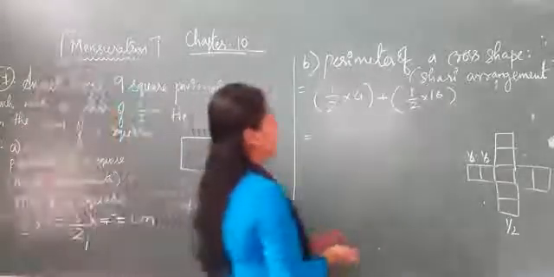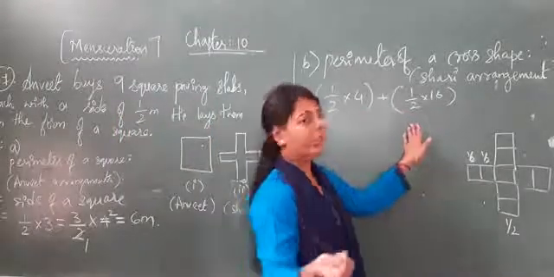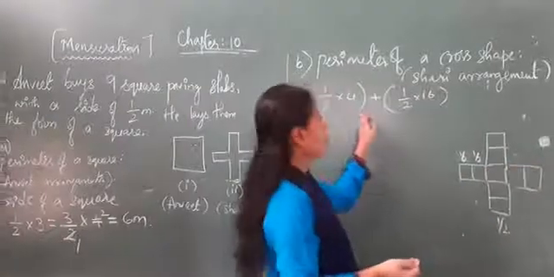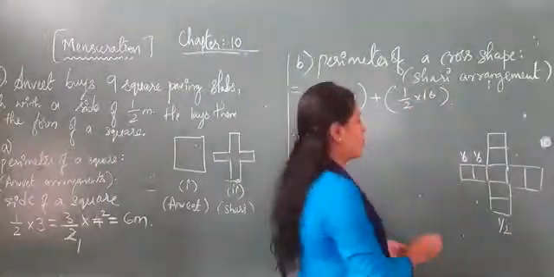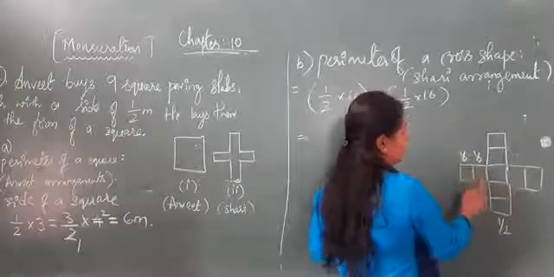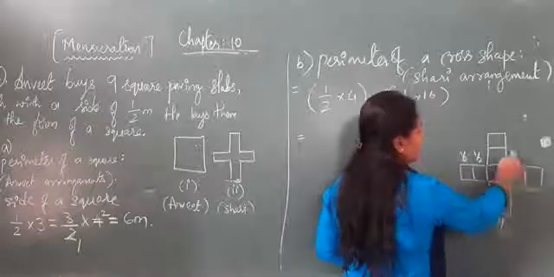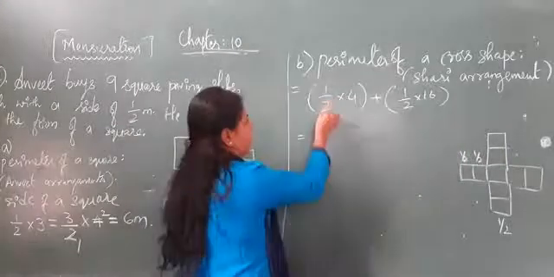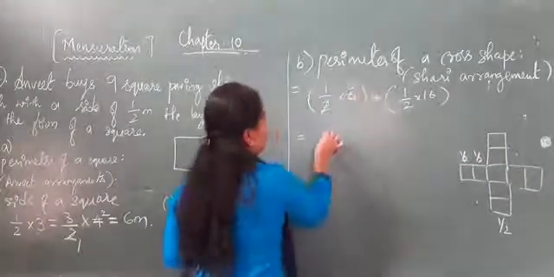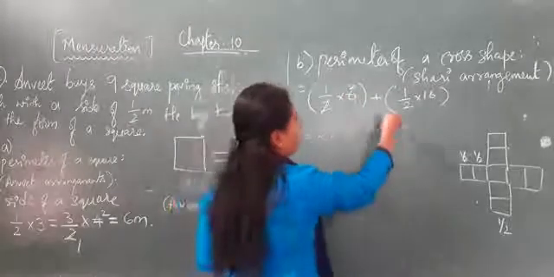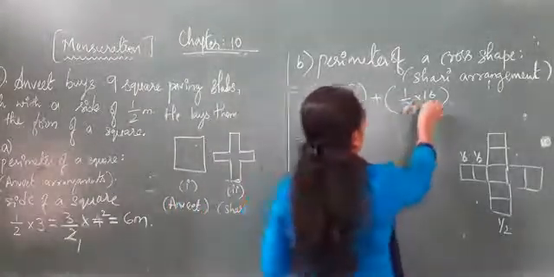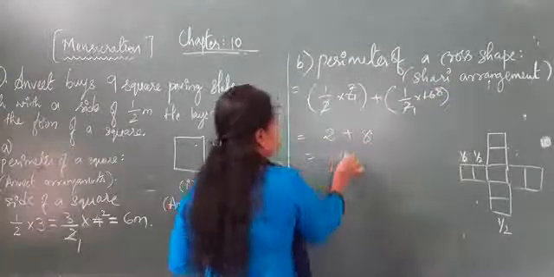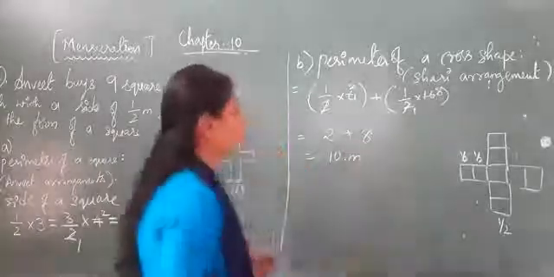So I will take it in this direct way also, half into 4 times, because the side way is 1, 2, 3, 4. So half into 4 times and half into 16 times, because we have the sides here 1, 2, 3, 4, 5, 6, 7, 8, 9, 10, 11, 12, 13, 14, 15, 16. 16 are there if you take it separately. So half into 16 I have taken. So 2 ones are, 2 twos are. So I got 10, later 2 here. Plus again in this half into 16, 2 ones are, 2 eights are. So I got 8 here. So you can write 8 plus 2 is 10. In this way also you can write. So you can see the meter, so you will write 10 meter.